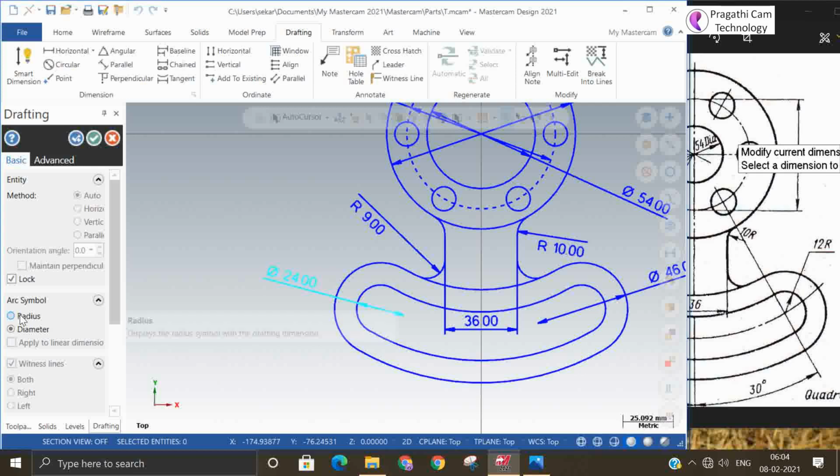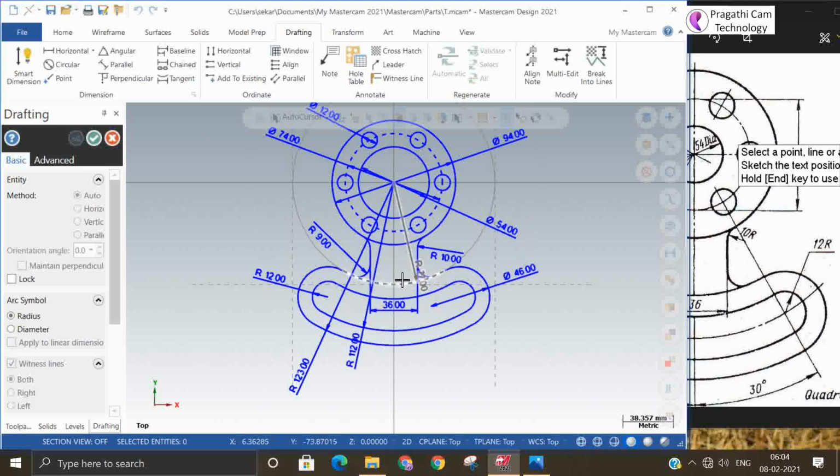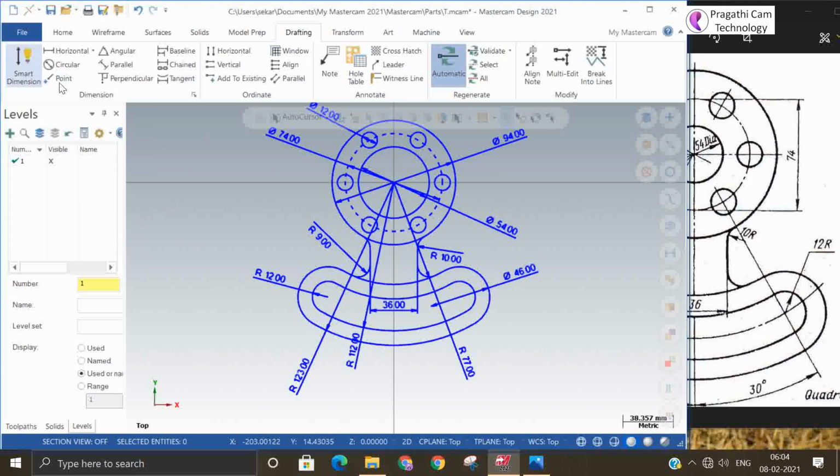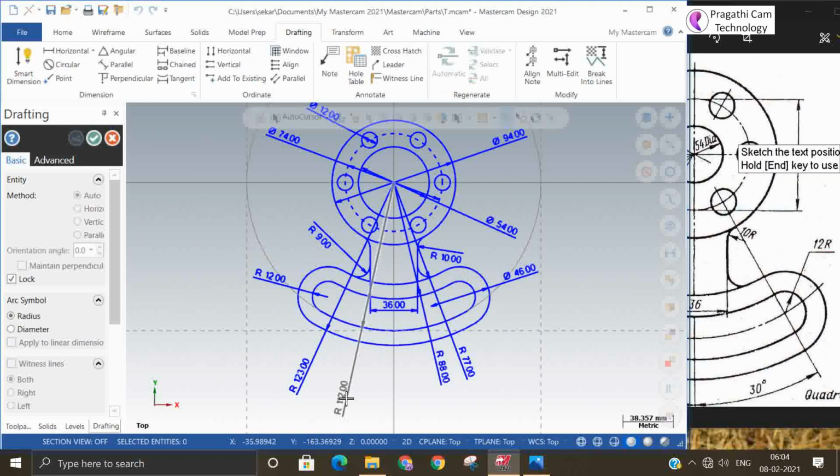If you want a radius, just select the radius and you will get the R output there. I think most of the dimensions we have made now. Even for the dimension lines, we can keep some other color.